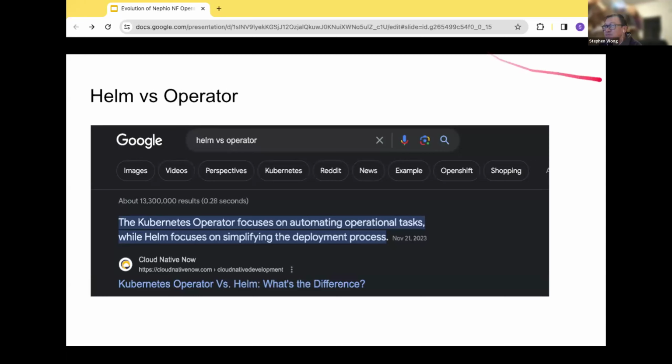If you Google Helm versus operator, which obviously isn't authoritative, but PageRank means this is the most referenced, this particular site says you use Helm to simplify your deployment, whereas operators take over all the things that you would otherwise have to do as a human operator. You want the Kubernetes operators to automate that process to get away from things that are tedious and manual.